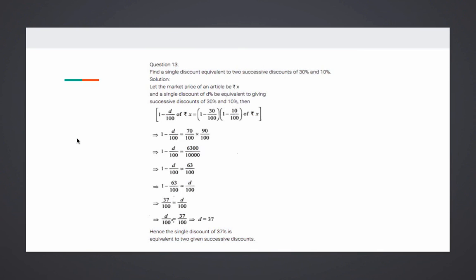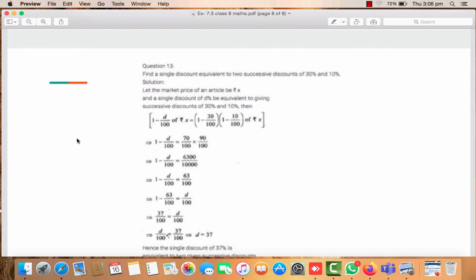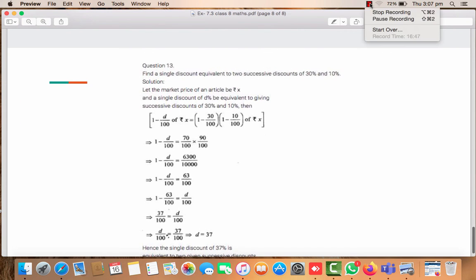You have to complete 7.3, right? That I've told you, question 12 is not to be done in the register. Yes, that is clear. And from the next chapter, direct and inverse variation, I've explained direct variation very clearly today. What you have to do is solved examples 3, 4, 5, which I've explained, and exercise 9.1 questions 1 and 2 in your book. Clear, students? That was all for today's class. We'll continue with the new chapter in the next class. Thank you.